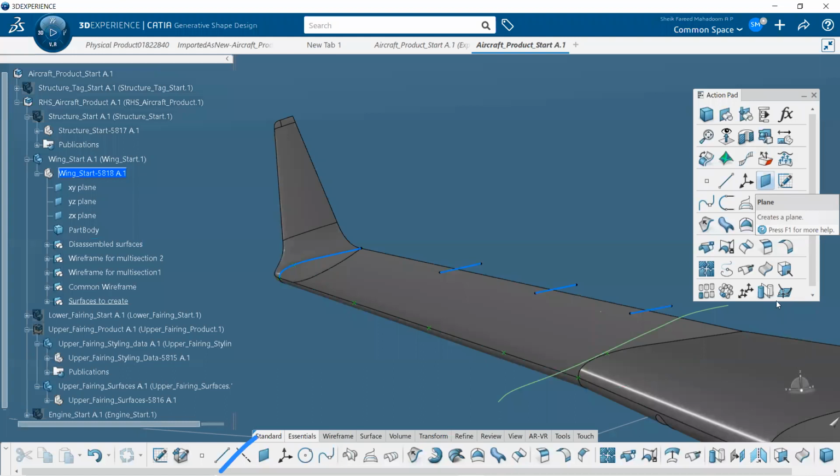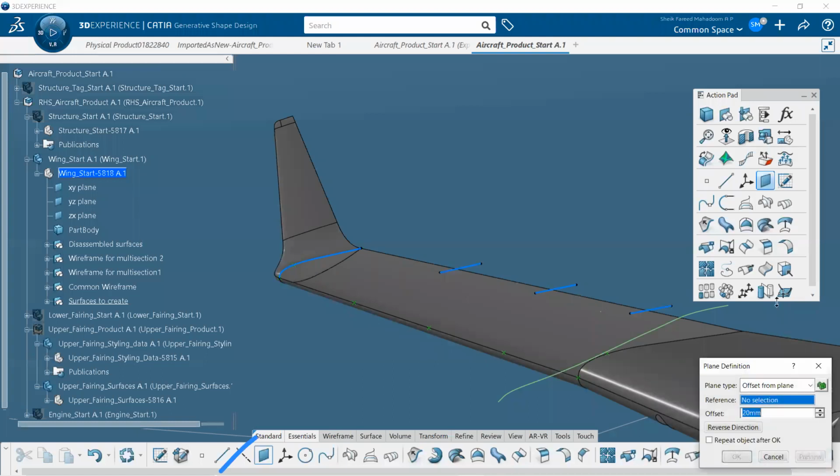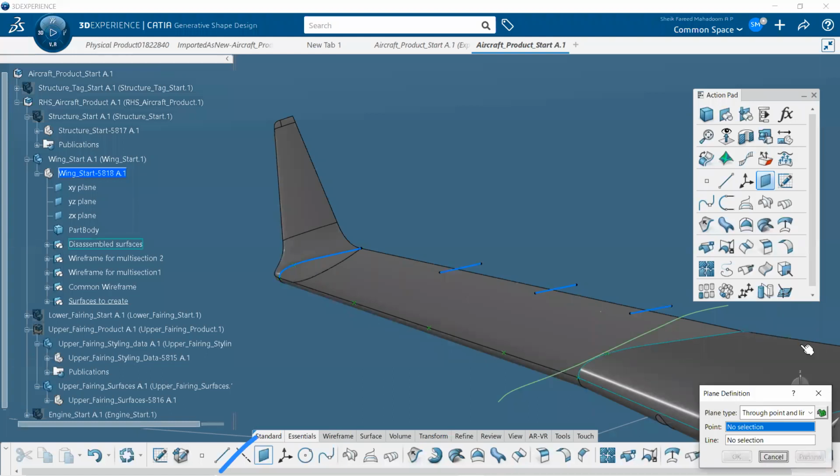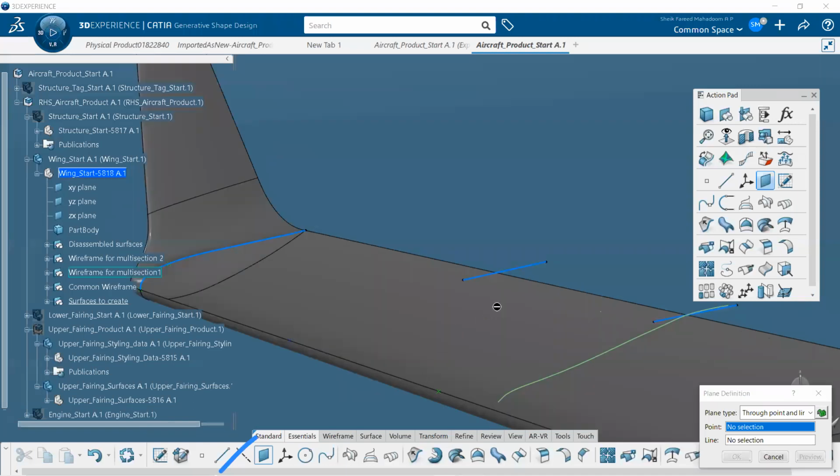In here, select the point and line option, through point and line. Select this point, and then select this line. You can see with respect to this line, I just created the plane.